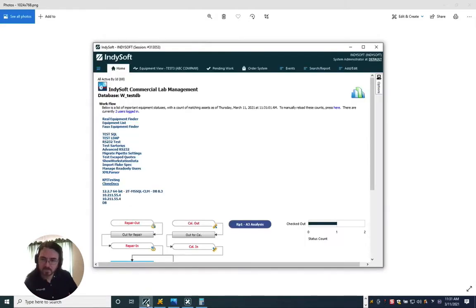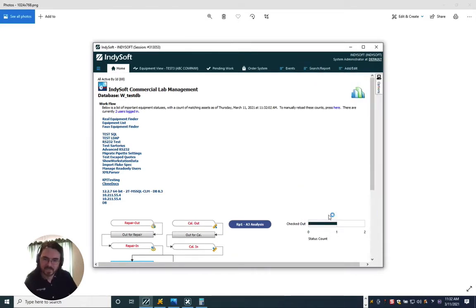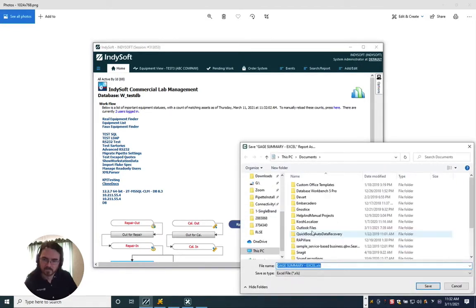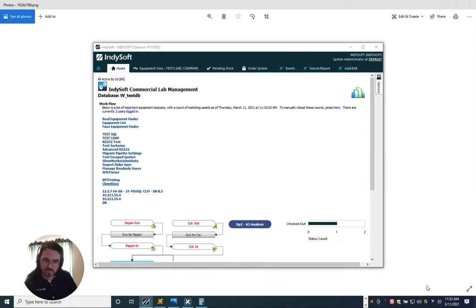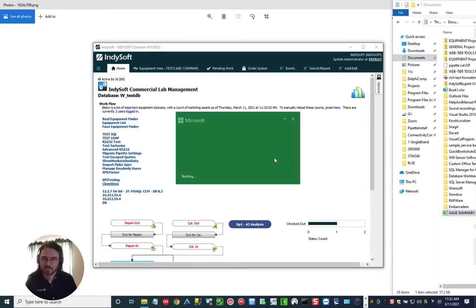Then what I can do is I can reload all settings, do this gauge summary Excel, and we'll drop that into documents. And so if I go to my documents and pop this open,